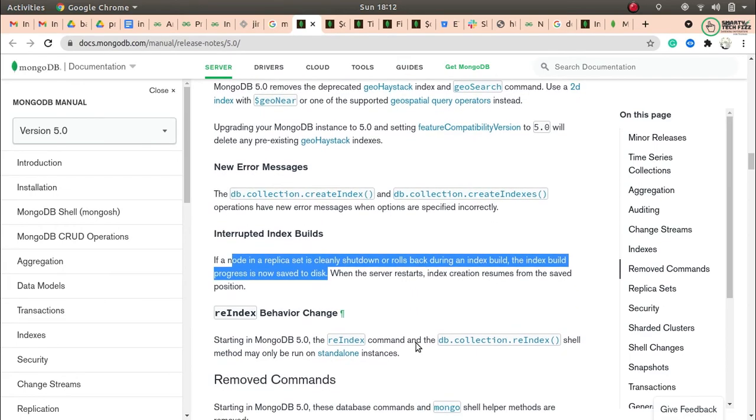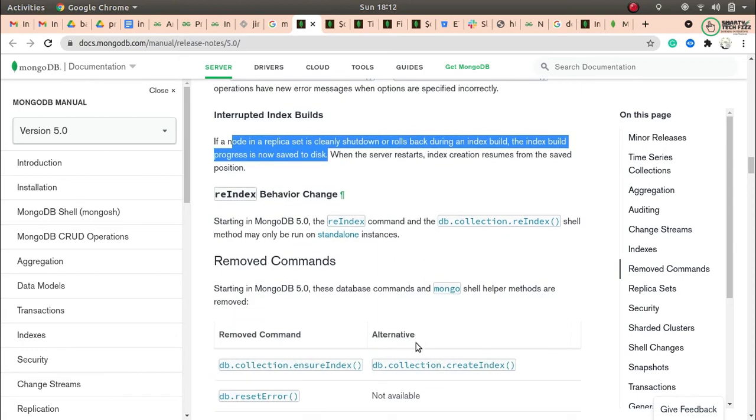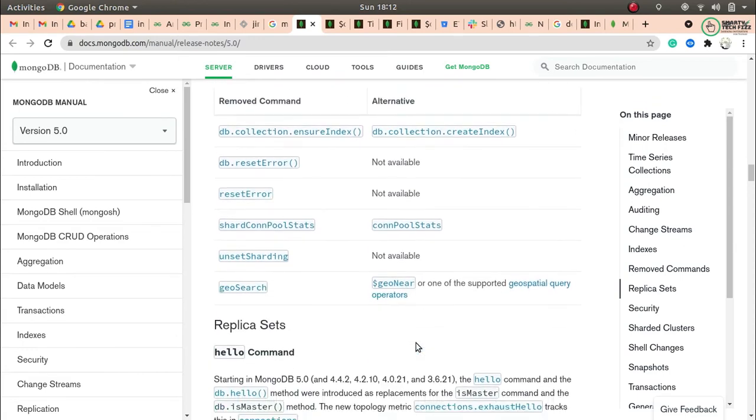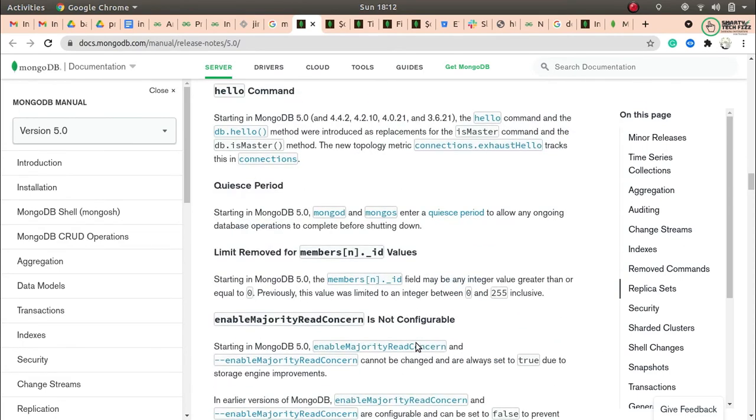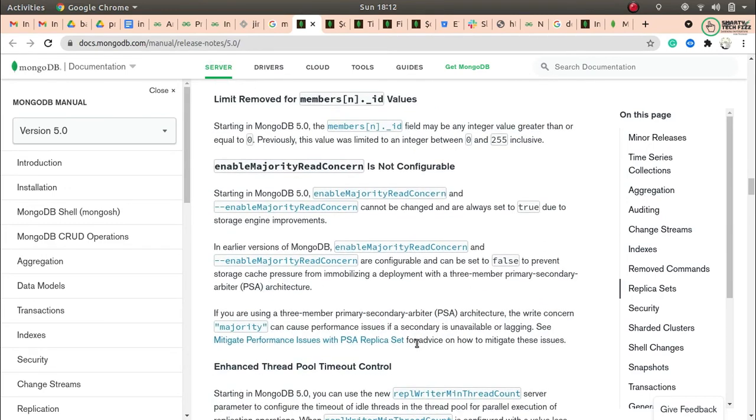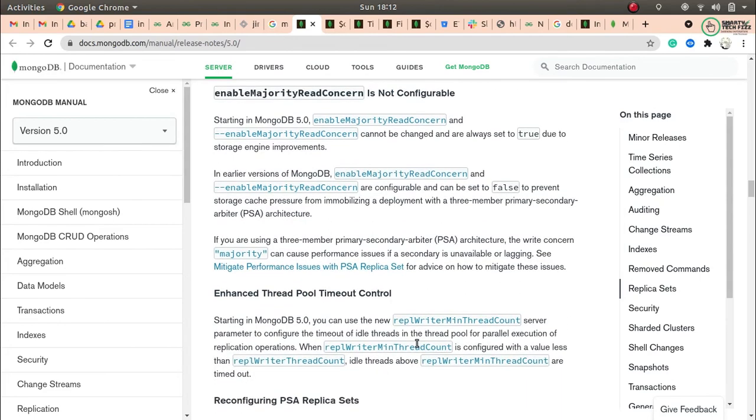Now this is the one thing that has been introduced. There are many more things introduced, you can check them out, but I am just showing you some main points over here. Now next are the changes done for schema validation. If you don't know about schema validation, let me tell you. Let's say you have an age field in your collection, and you don't want your user to enter an age greater than 90 or 100 or 200.